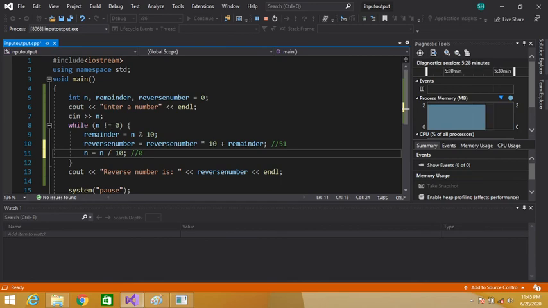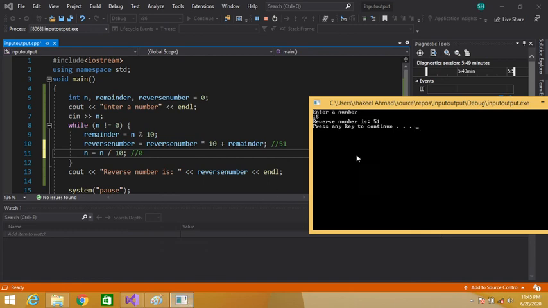No, so this condition becomes false. So the control will skip the body of this loop and directly shift here and print the reverse number, which contains 51. So 51 is displayed on the console window. So the reverse of 15 is 51.